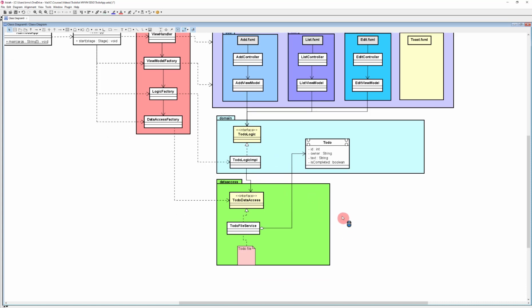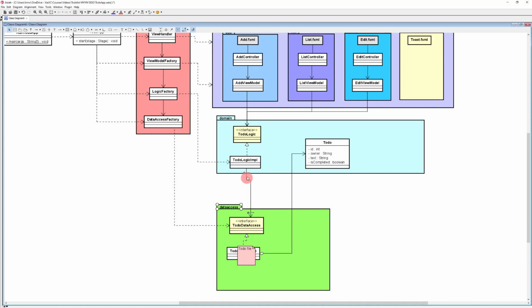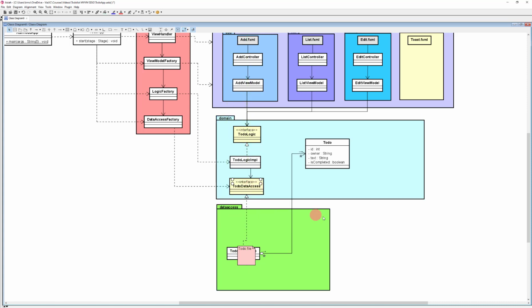So currently I have a dependency here, or an association going outward, and that is often fixed by moving the interface, saying this interface here is something that the domain layer requires. So we put that up here, and then my data access can then have this dependency going into the domain. So now nothing points out of the domain and things point into the domain. And I believe this is what